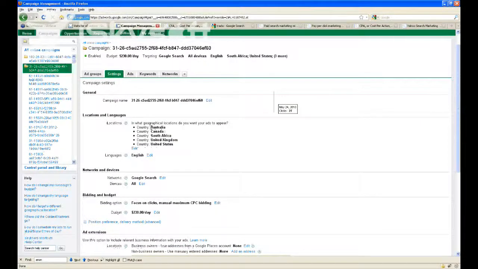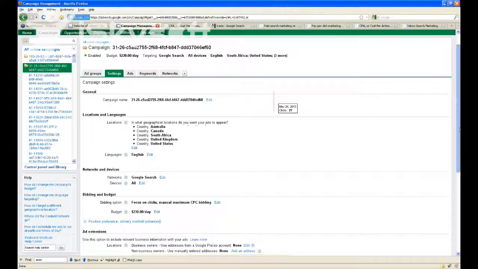One is that when we set these campaigns up, we said, hey, why don't we do this in all the English-speaking countries we can think of? We're totally willing to take customers in Australia, UK, South Africa, Canada, et cetera, because we can service them well, and they're English-speaking countries. That's great. The problem is that we've now stratified all of the time zones in which people are going to be looking logically during their business hours. That's one problem. So we can actually change that and edit it down to just the US and Canada if we wanted to do that.